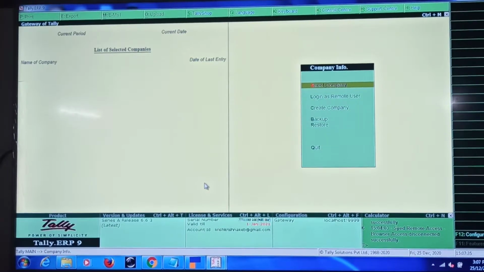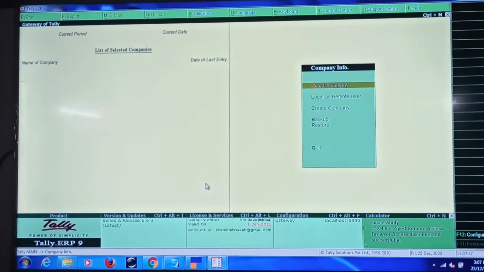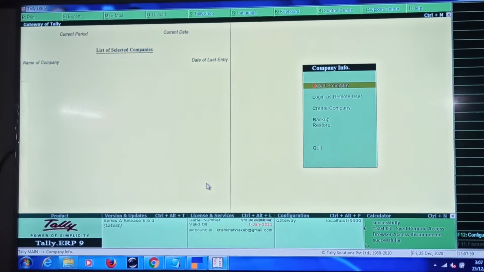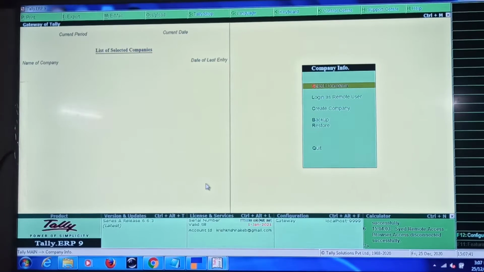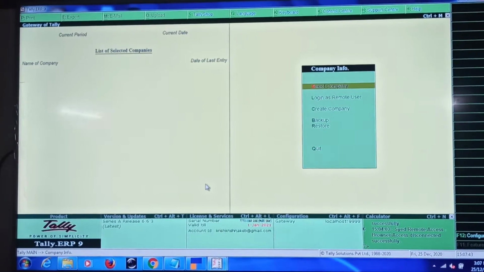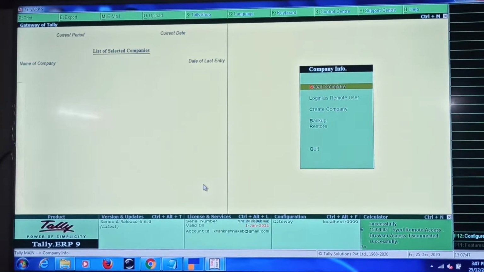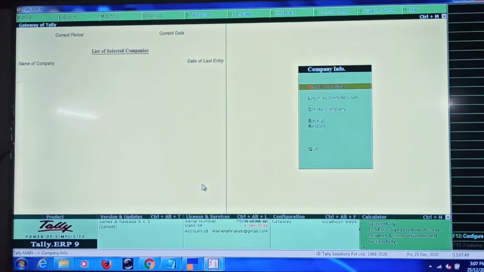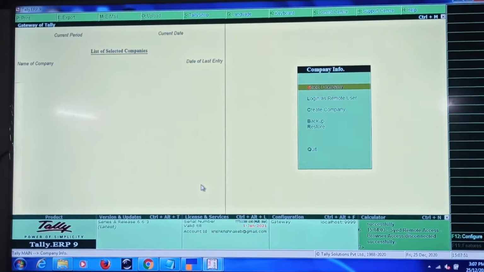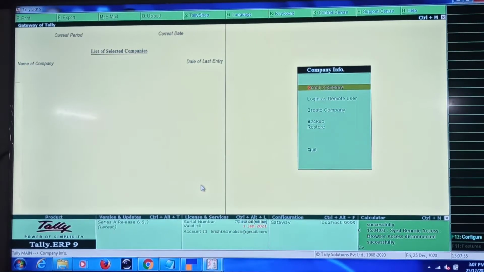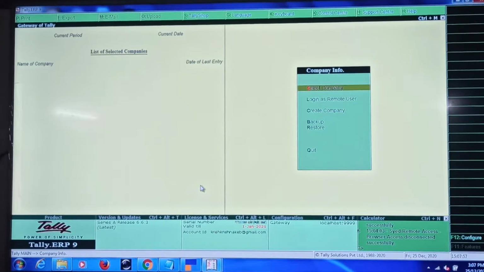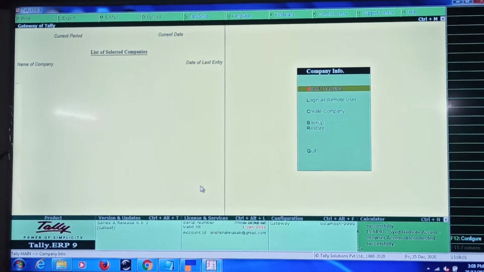Second, both the systems, the one where you are going to access remotely as well as your main server system, should have internet connectivity. In both places, the Tally ERP9 release should be the same. And lastly, in either of the systems, one license is required. So can we go with the creation of the company?